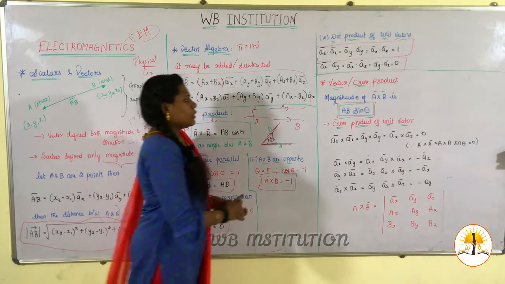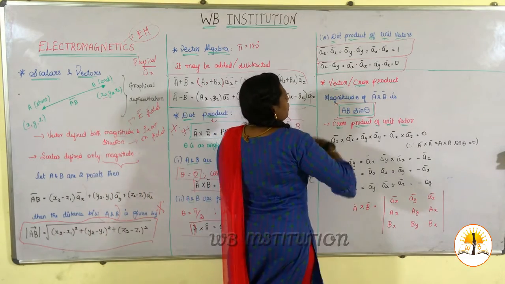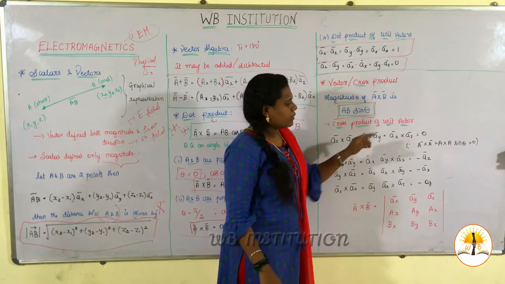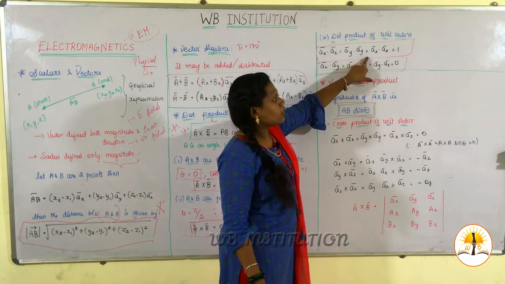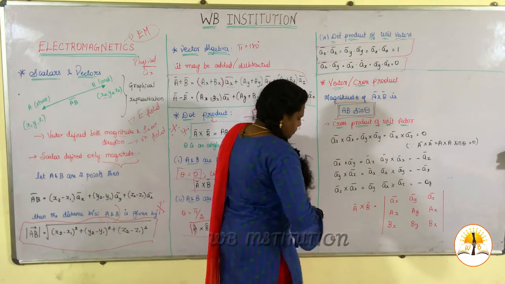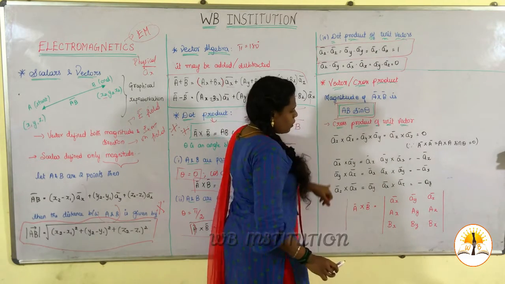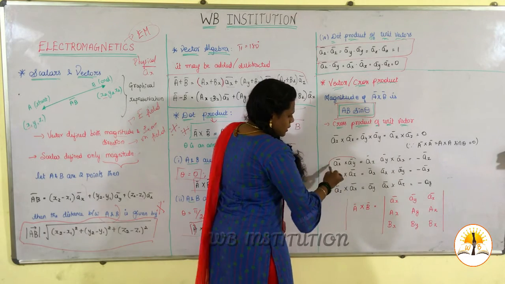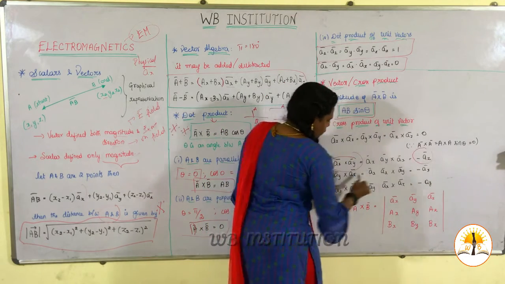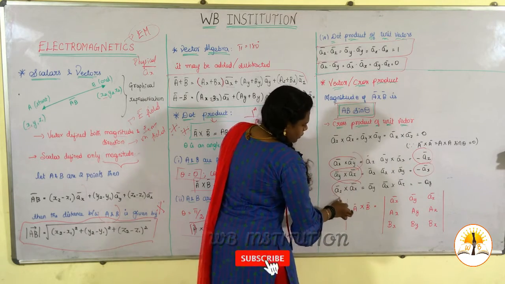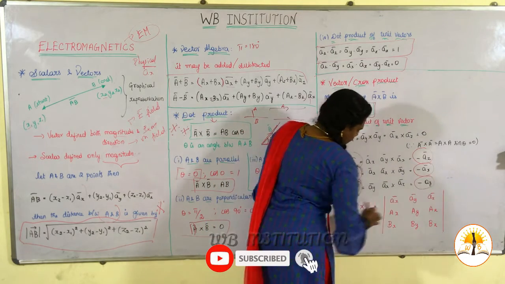Okay, so the cross product of unit vectors. What we saw in dot product applies here too. The same vector multiplied will give you 0. What we saw in dot gives you 1, here it gives you 0. This is an example where the rest of them are multiplied: for Ax cross Ay, the answer is Az, and minus Az in the reverse order. Just take these examples alone. These are very important terms and terminologies.